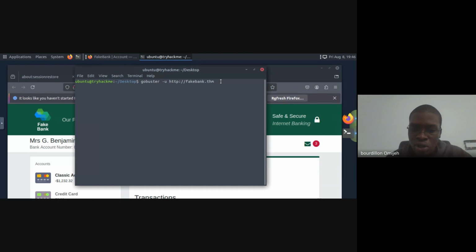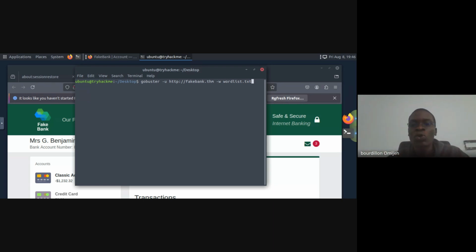Then our word list, -w, word list. Now this word list is a .txt file, which means it's a text file that contains a list of words. In security, there's something called dictionaries.